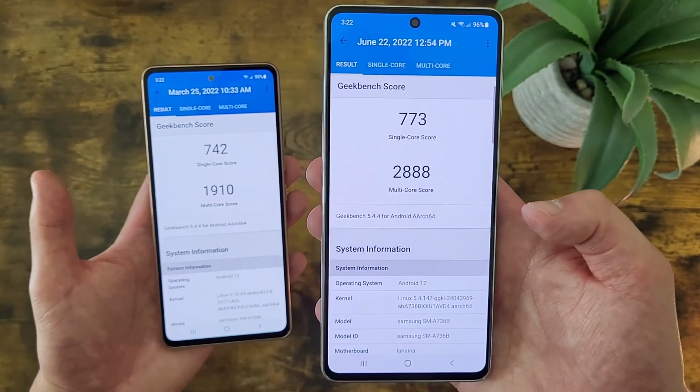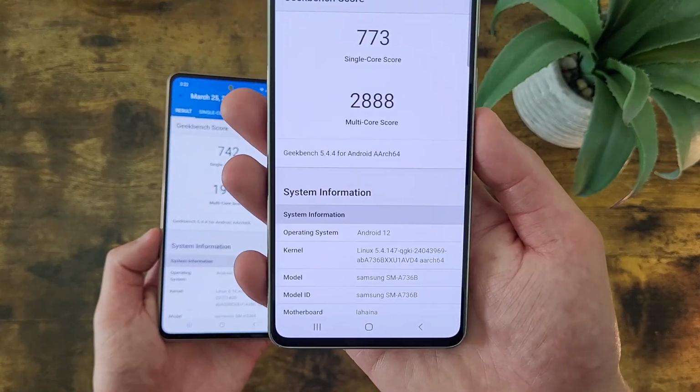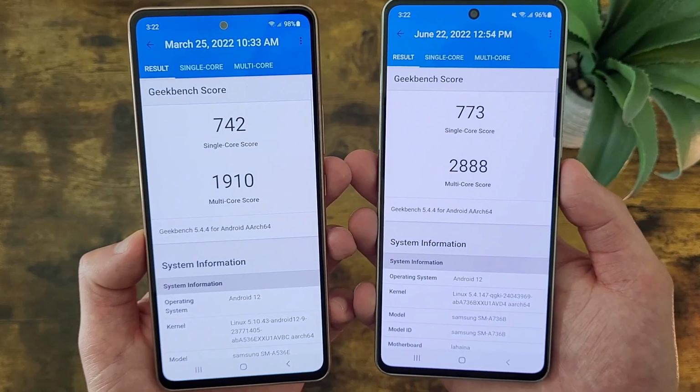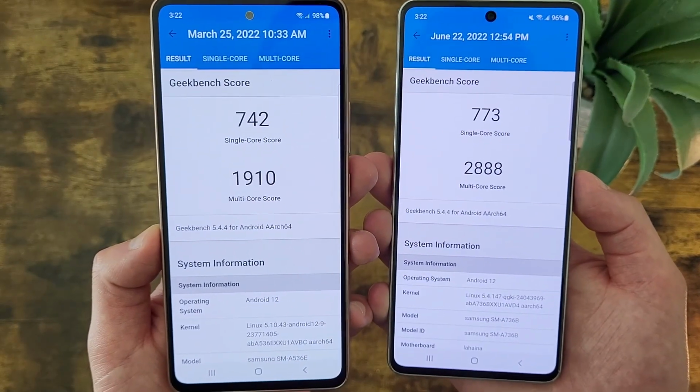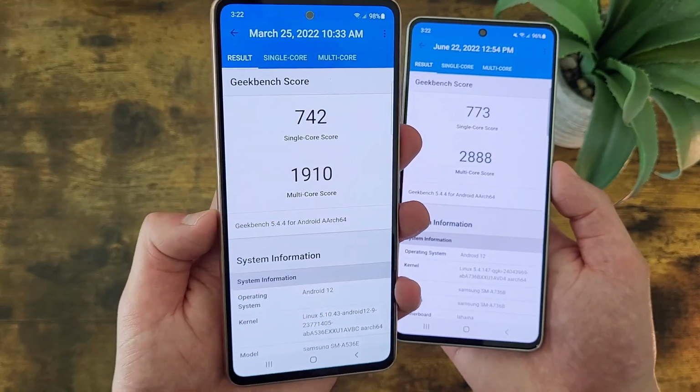So if you're doing higher end activities, for example like mobile gaming, or you're just going to be on your phone a lot in general, then I would say the Samsung Galaxy A73 5G will have a huge advantage for you. But if you're just doing more basic activities like web browsing, social media, and stuff like that, and you're not really going to be doing super high performance activities, then I would say the Samsung Galaxy A53 5G will